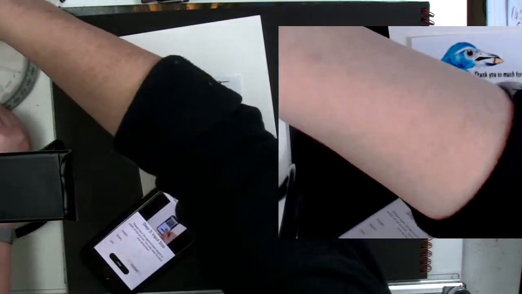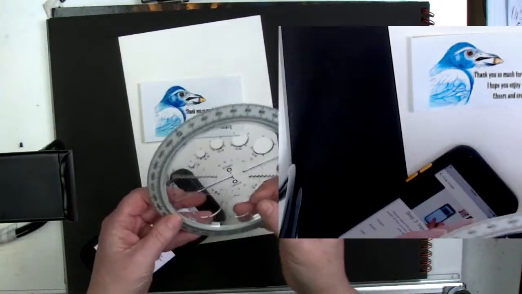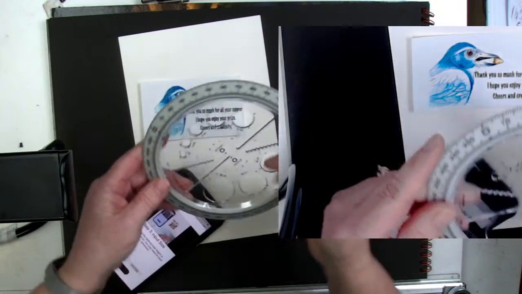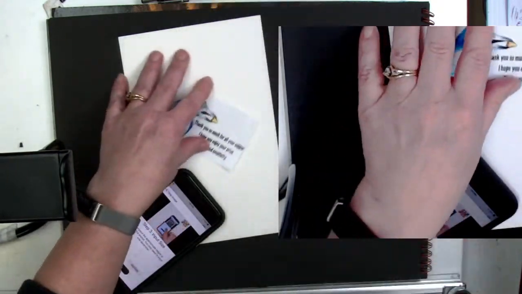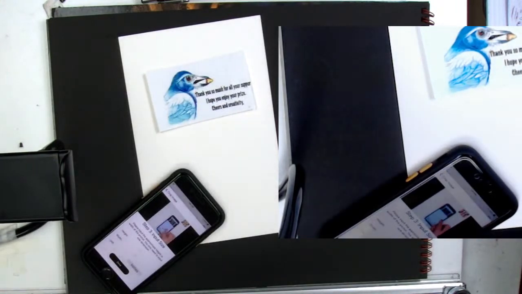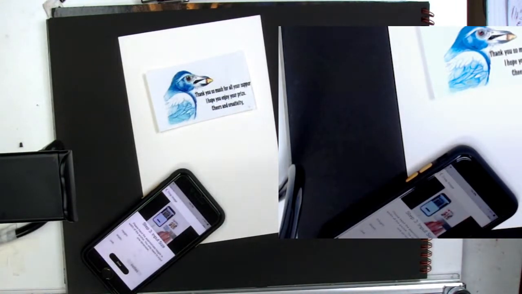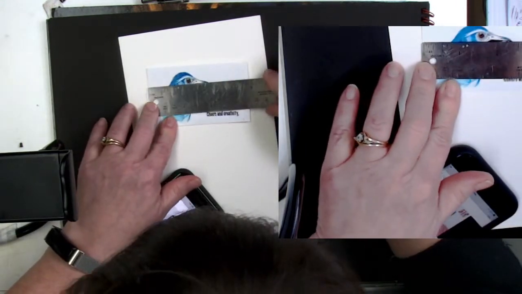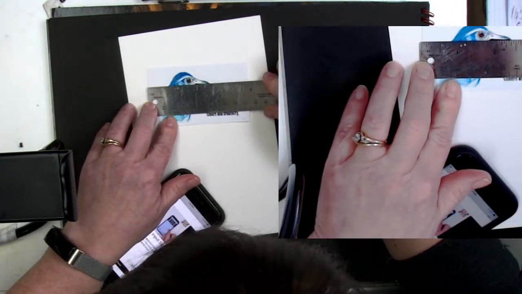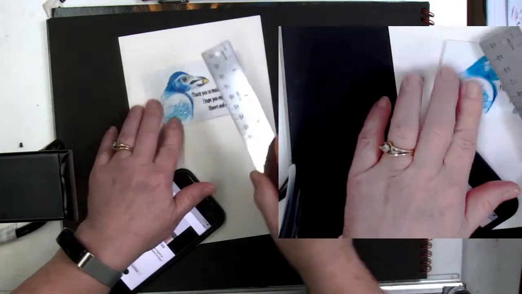You know, sometimes things get down on your table and you're just not. Let's see, how big is that? No, that won't work as a ruler. There we go. Get a real ruler. This is about 3 3/4 or